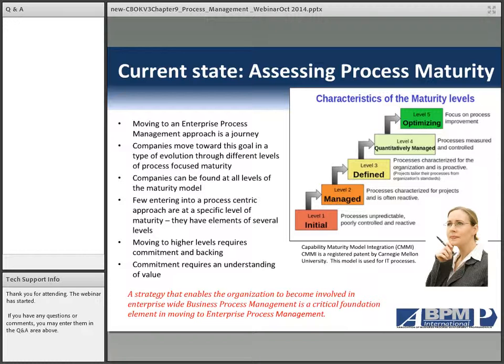So as you move through the model, you really don't need to move everything to a level 2 and then everything to a level 3. Those things that are important to you, do first. So you may have things that you're moving to a level 3 or a level 4, and other things you're just leaving behind at a level 2 until later. So it's whatever makes sense, but the key is that you now have a way to identify what you want to do, where you're at, define how you want to move forward, and then put that into your overall process management and put in the appropriate activities and projects needed to help not only improve the process, but improve your capabilities of improving the process.